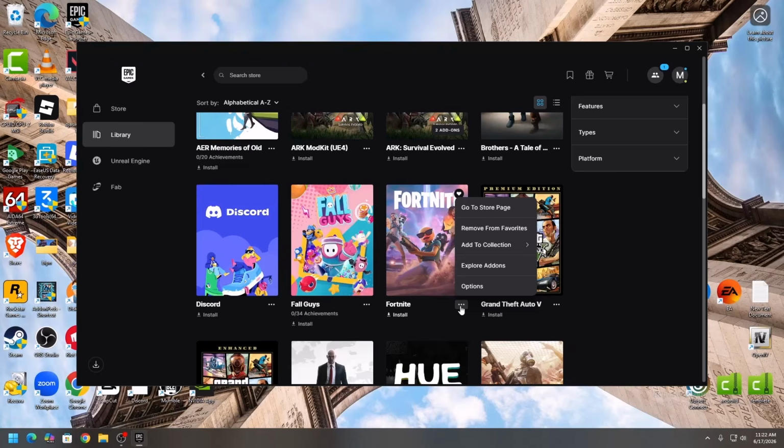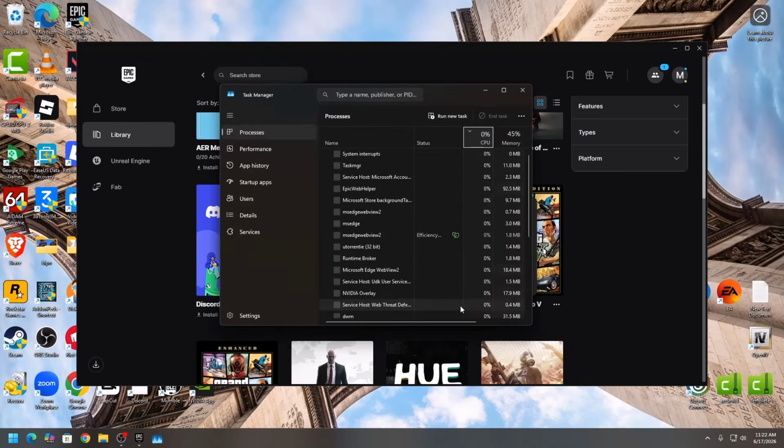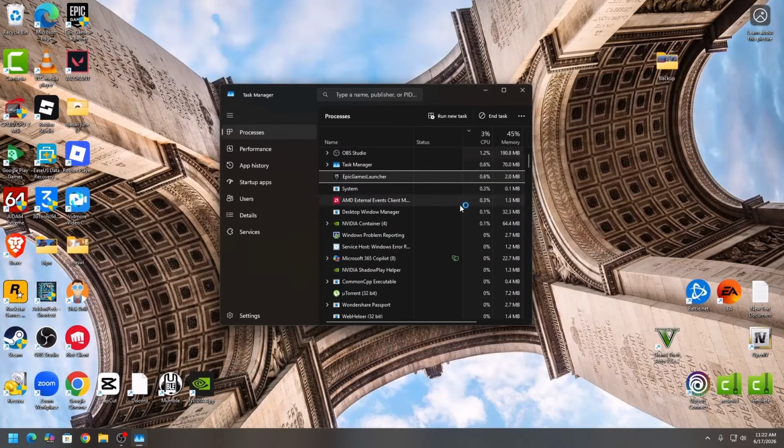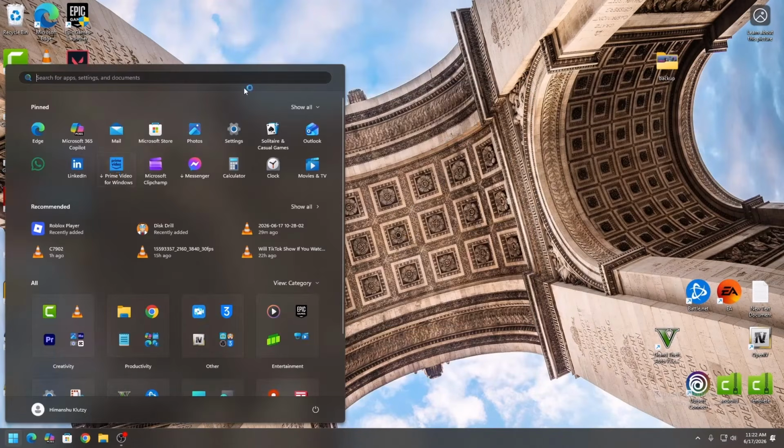If that doesn't work, what you want to simply try to do is press Ctrl Shift and Escape on your keyboard. It will open up your task manager. You want to click on Epic Games Launcher and then click on End Task. And now you want to simply go ahead and relaunch it, which should fix all the bugs